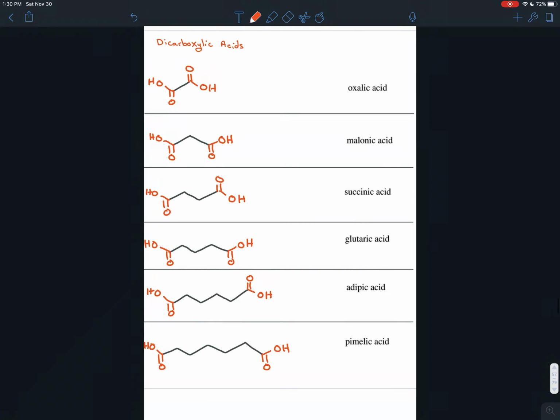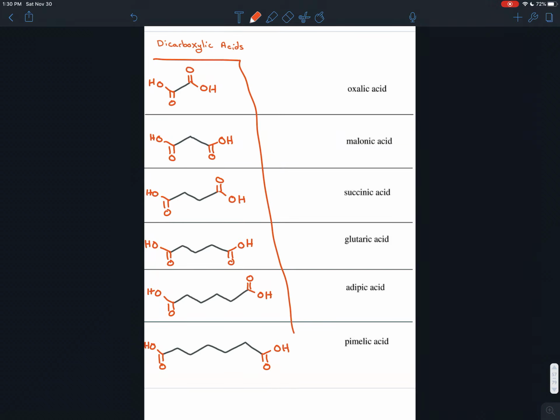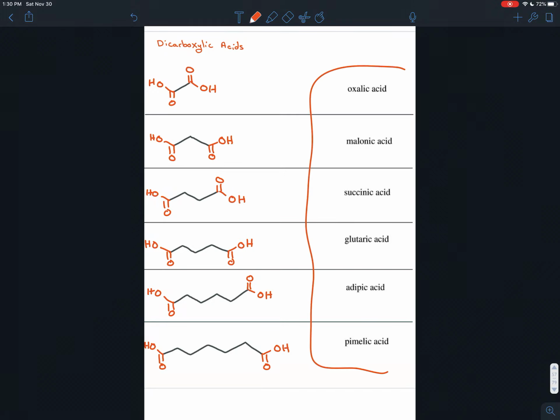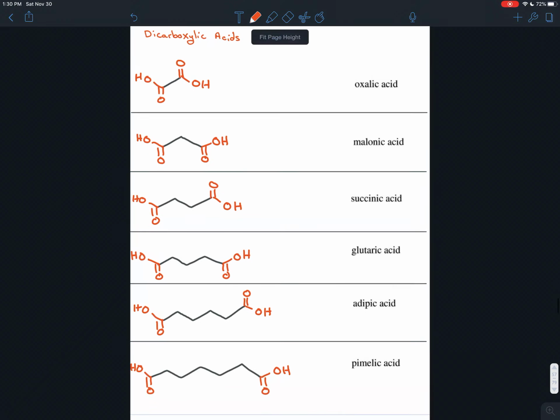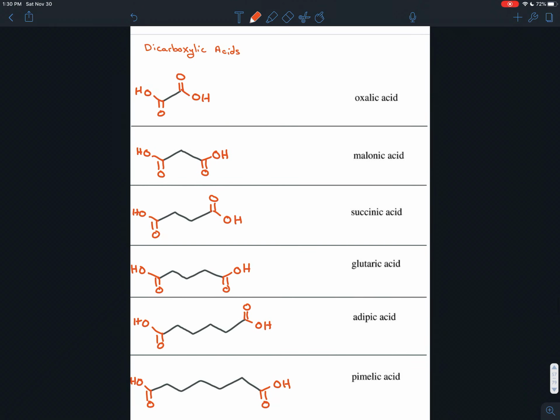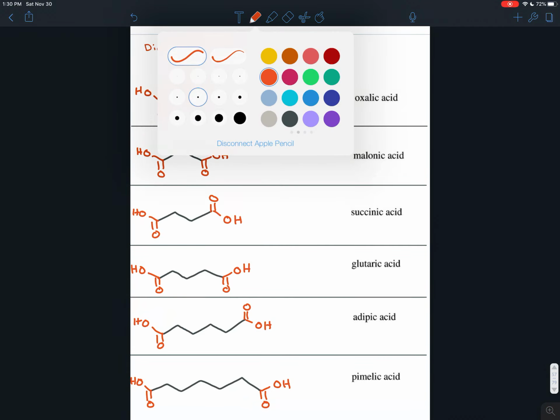Now it's easy enough to draw these structures because you're just starting with 2 carbons and just adding an extra carbon, and you still have the 2 carboxylic acids on the end. What might be tricky is to remember these names, and so while I have this time with you, I'll show you a little mnemonic device that might help with that. So you'll notice here,